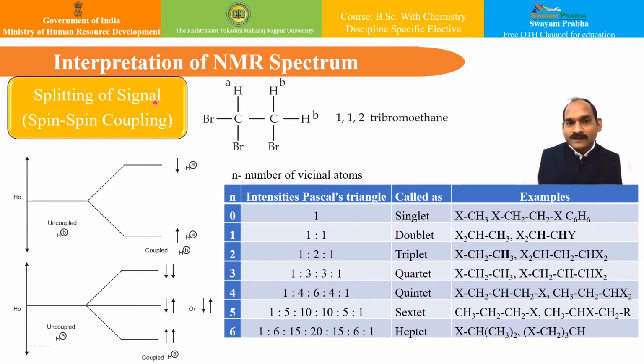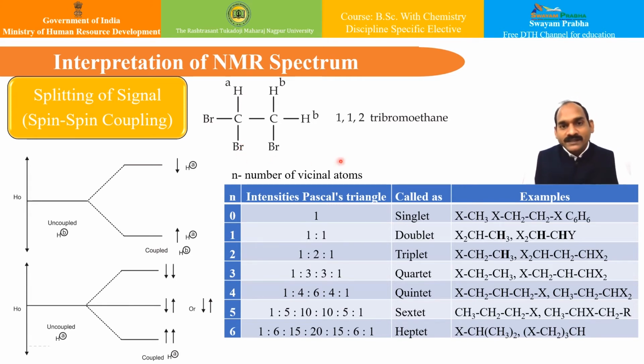Whenever two sets of equivalent protons are present on adjacent atoms, they affect the signals of each other. Each proton generates its own field, in or opposite to the direction of the applied magnetic field, so it will have a different effect depending on whether it is along or opposite to the field. Due to this effect, each signal splits into a multiplet, and this splitting of signals is called spin-spin coupling or spin-spin splitting.